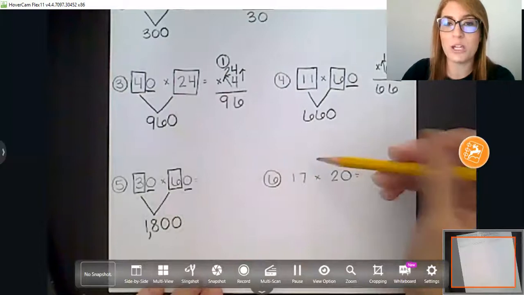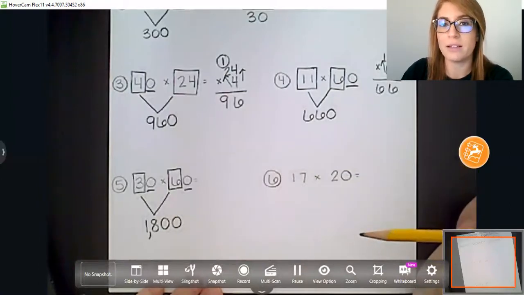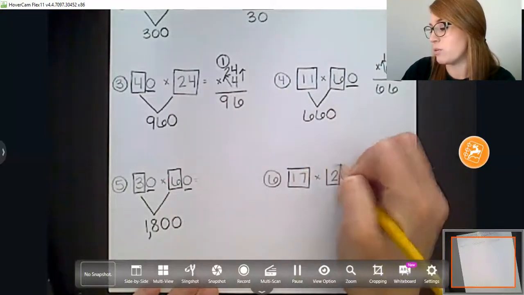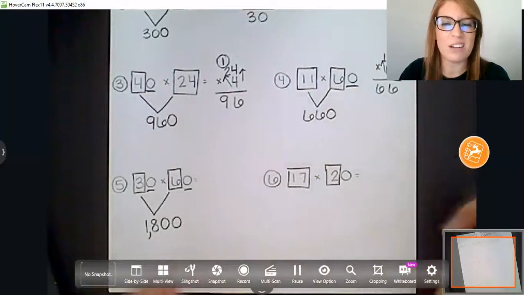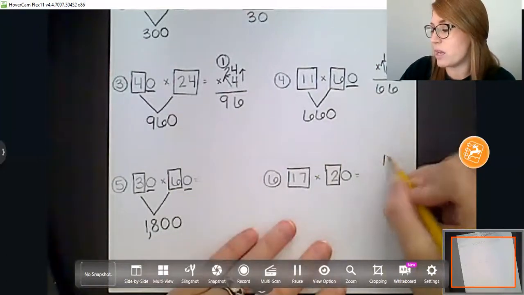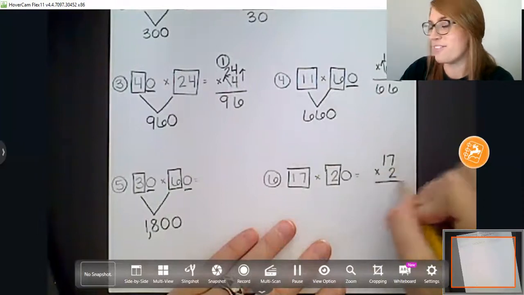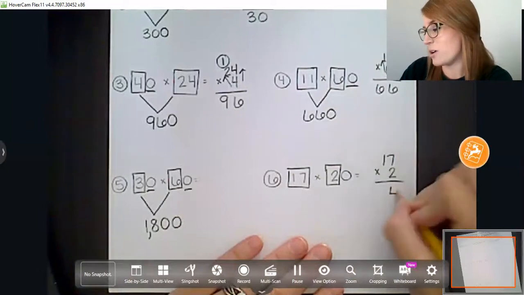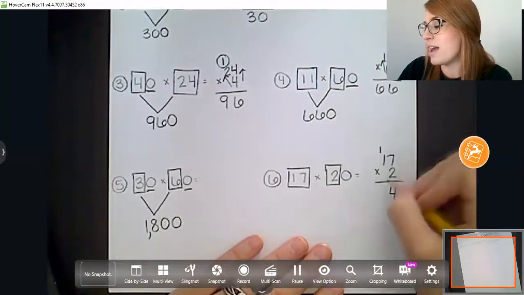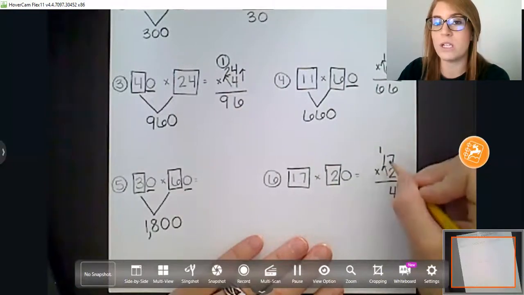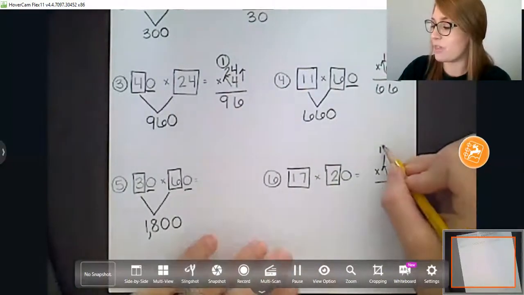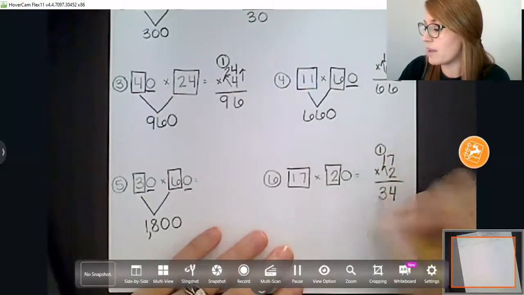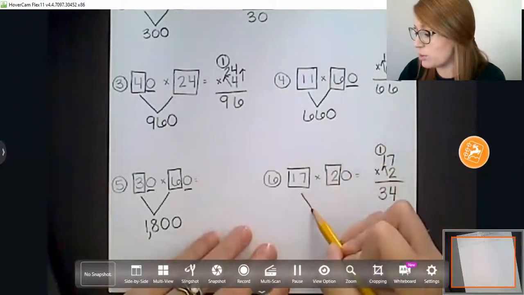All right, number 6. What did you pull out so that you can multiply? Good. That's what I would have pulled out too. 17 times 2. Now, I could count by 2s, but since I know the regrouping method, I'm going to save myself some work, and I'm going to do 17 times 2 right over here. 2 times 7 is 14. Very good. So the 4 goes down and my 1 goes up. And then I'm going to do 2 times 1, which is 2. Add the 1 that I regrouped. 2 plus 1 is 3. So 17 times 2 is